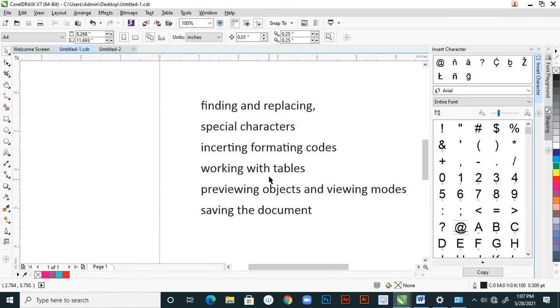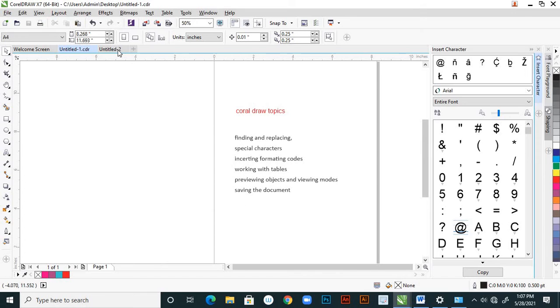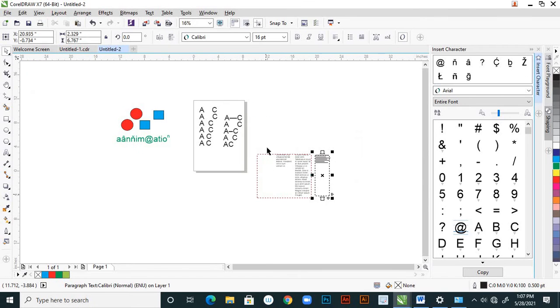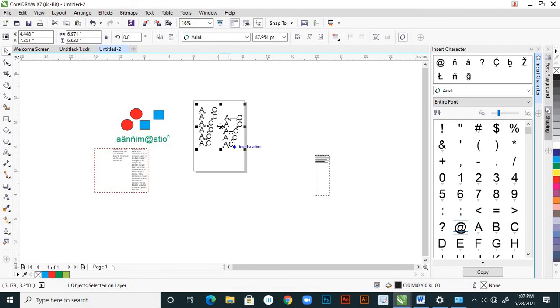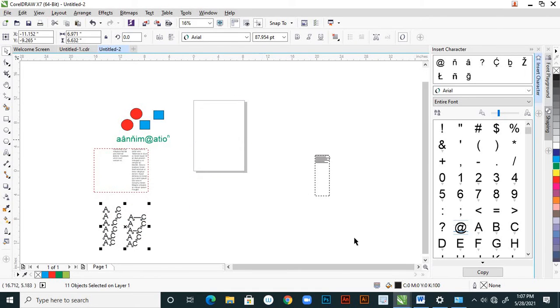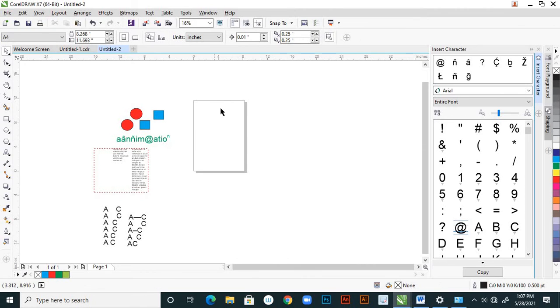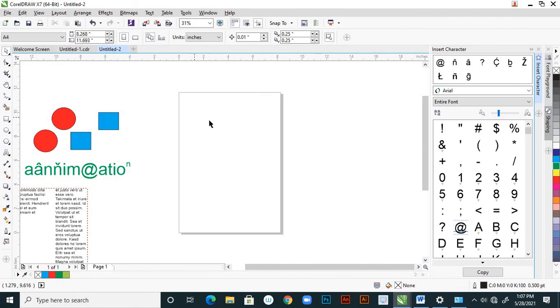So next is working with the tables. Tables, what do they mean? Sometimes we use these tables, mostly. Suppose, see, if you want to create a ration card or otherwise a kind of certificate and marks memo, right?